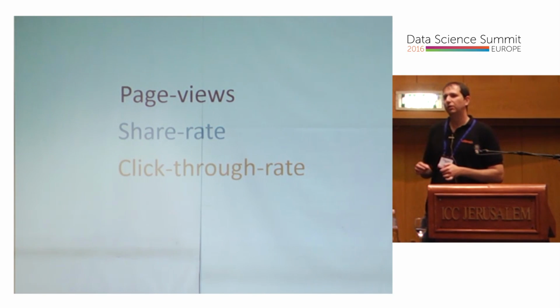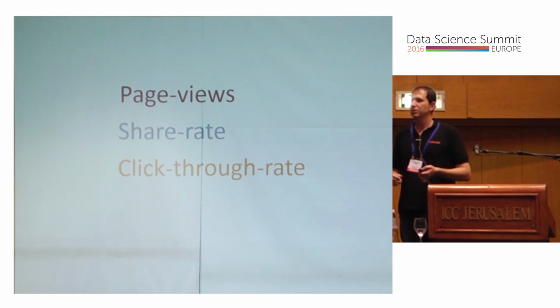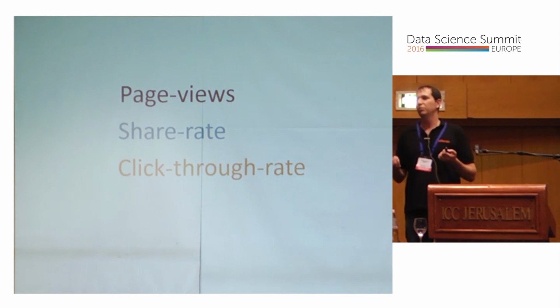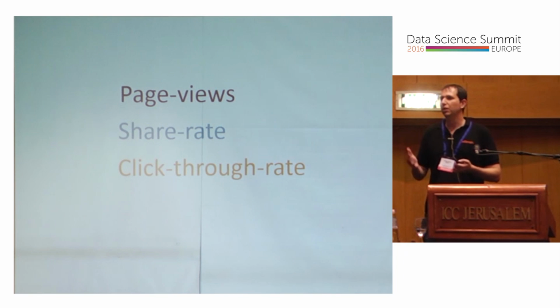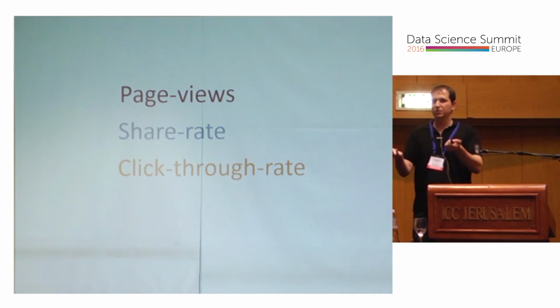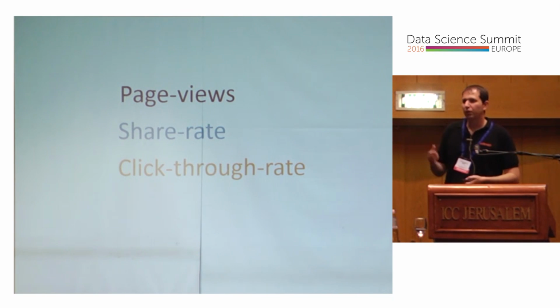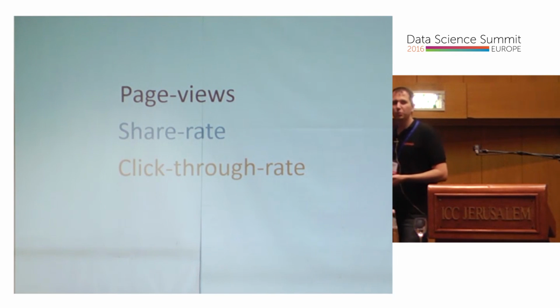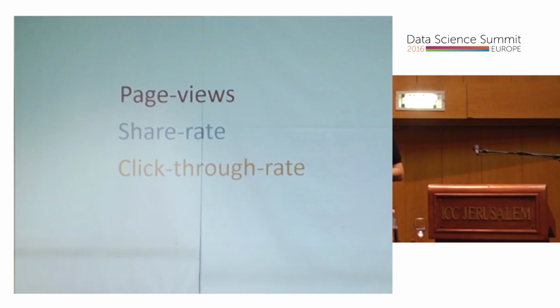For every article, we looked at the page views that article received, and when I'm talking about page views, I'm referring to entries to the page from the homepage of the publisher. So a user enters the homepage, clicks on something, they go to the article. We've also connected to the Facebook API and measured the share rate of every URL of every article.